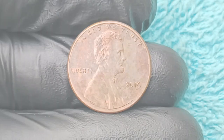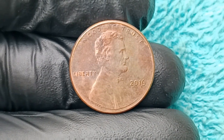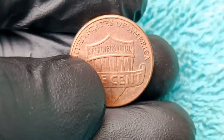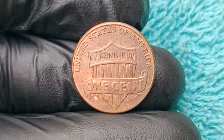an experimental alloy, adding the rare wrong planchet error to the growing list of impossible characteristics, and metallurgical analysis confirmed this theory, showing trace elements of nickel and manganese inconsistent with the expected composition of post-1982 pennies, suggesting that during an internal trial or test, an incorrect blank somehow made it into regular circulation presses, and the coin didn't stop